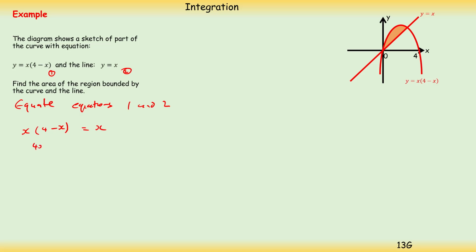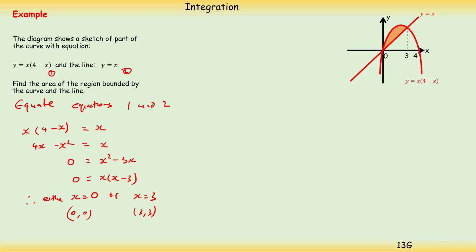So expanding on this side, I've got 4x minus x squared is equal to x. I'll take everything over to the right hand side: 0 is equal to x squared minus 3x. Factorizing, I've got x times x minus 3. So therefore either x is equal to 0, which we know when x is equal to 0, y is also equal to 0, or x is equal to 3, which means y is also equal to 3. So we've got 0, 0, and 3, 3. Important that we know the